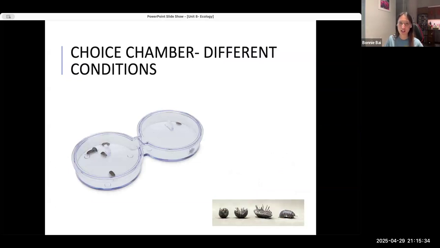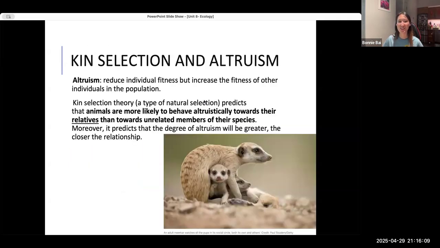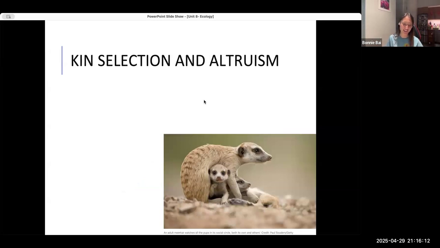Choice chambers, you should know what a choice chamber is. We talked about it before when we were talking about the lab. You set it up to make a choice. You want to make sure that there's only one variable, and there should be a ton of different constants, or control factors. I think they usually call it constants. Those are the things that you hold constant. You only want to change one independent variable at a time, so you can really measure that the outcome, your dependent variable, the results, are actually a result of manipulating the one independent variable and not all the other potential factors.